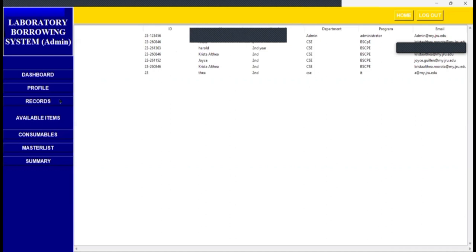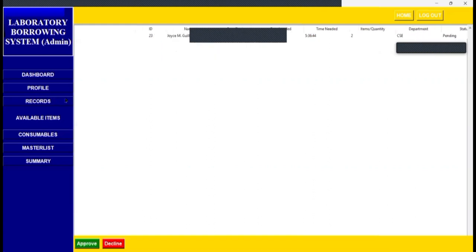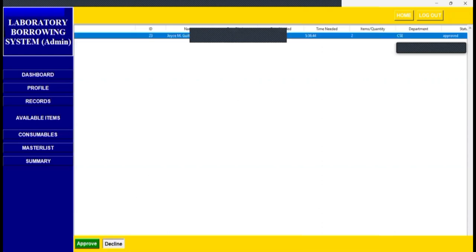And the next one is the records where it can show the students who have pending borrows, where I can approve or decline the borrow. Approve. Or I can change it to decline if the item he borrowed is not available.